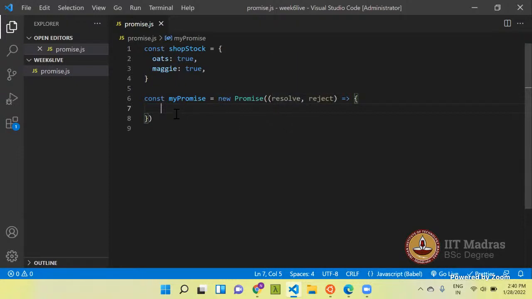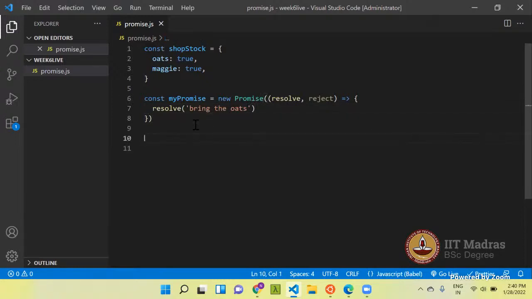So let's say resolve. Using this statement, we are creating a promise, that is, we are promising that I will bring you the oats.